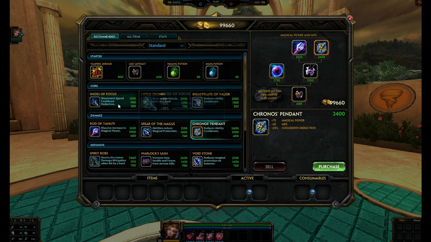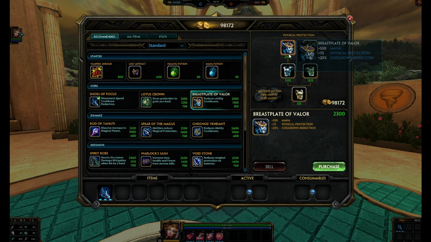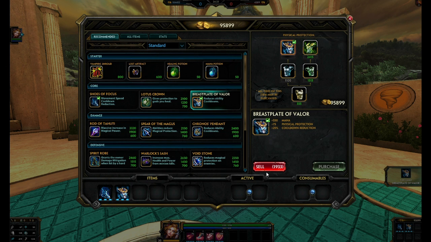Conquest, normally you just start with boots, and then this will be your point. Do you want to go with the Breastplate of Valor if the enemy team is mostly composed of physical gods, assassins, ADCs, things like that? You probably want to go into something like this. If you're not really worried about the enemy physical gods, then you can just go into something like Chronos Pendant,